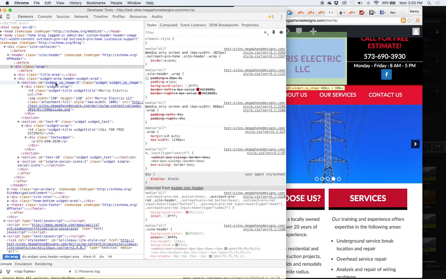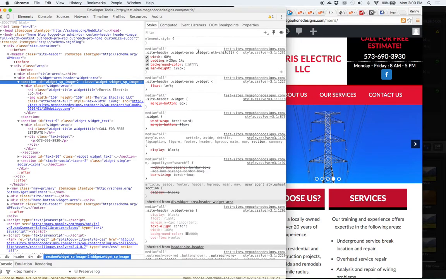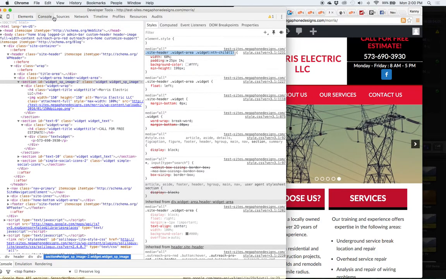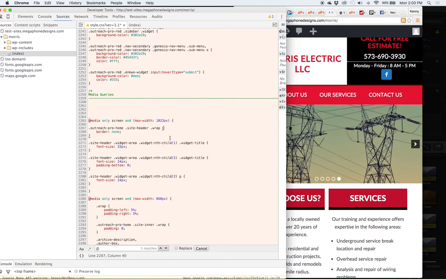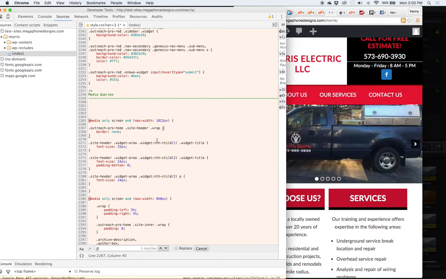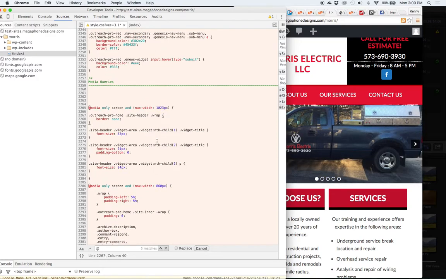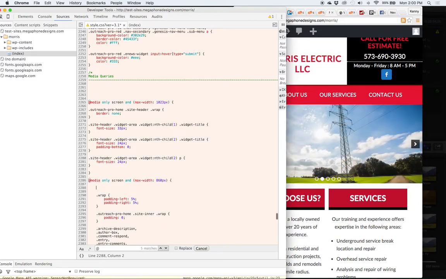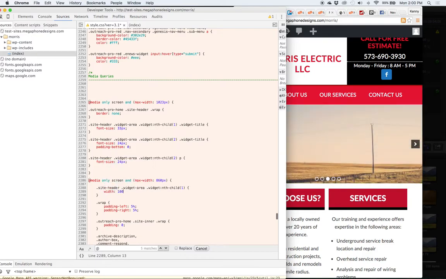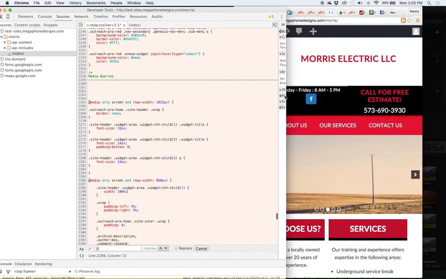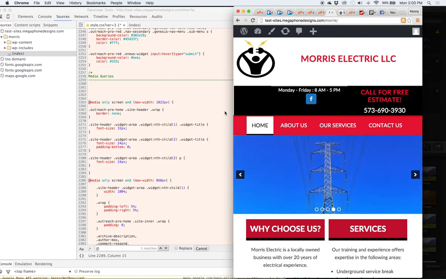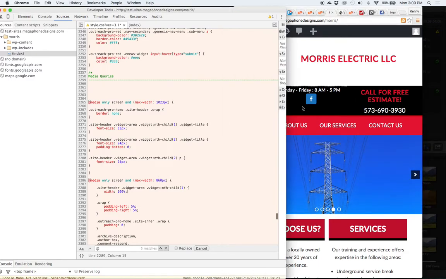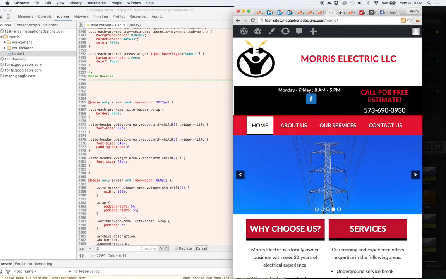When we get to that point that we need to make it stacked one on top of the other, then what we're going to be doing is taking the widget 1 and changing it over to being a full width item. Let's see, let's do it here. I don't know if that's where it would actually end up being 100% for sure, but that's where we are going to do it. And now we have that 100% over. Still going to need to rearrange the elements within it, and then we'll need to remove the border here,